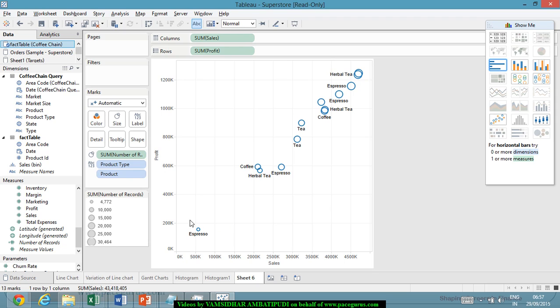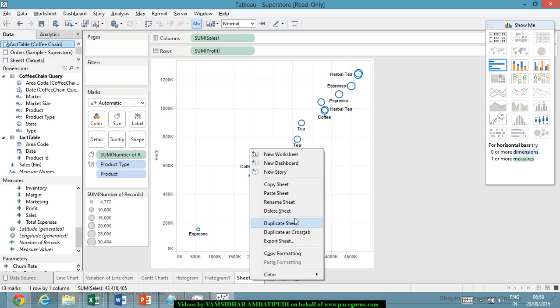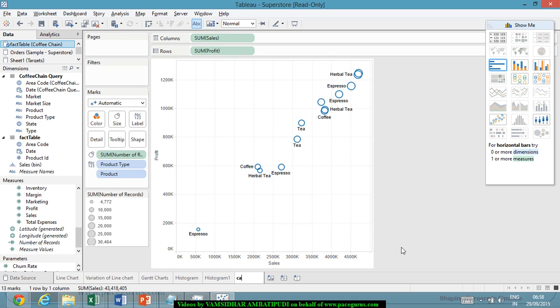So here I could clearly see espresso is that kind of a product which is having very less sales, and even the profits are also much lesser. So we can really bring out that kind of comparison using a scatter plot. So that's how I can use the scatter plot, right, which can really help me in making this kind of comparisons between the values. And here the size of the circle, I can very well differentiate based on the size,